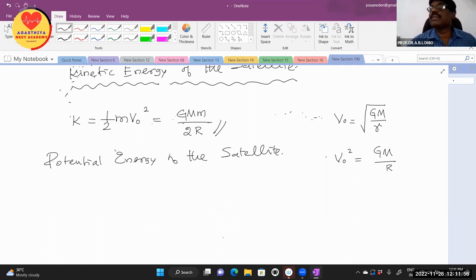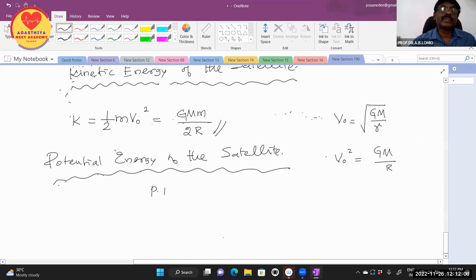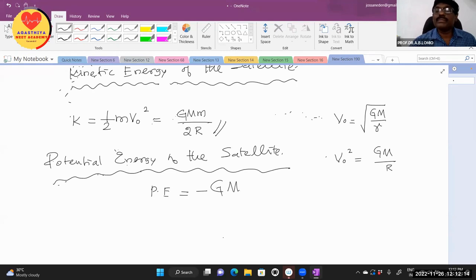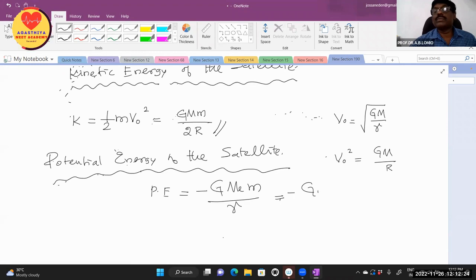Already we have derived the gravitational potential energy of an object. The same formula can be used here. What is that? Minus capital G, capital M, small m, divided by R. Isn't it? It is equal to